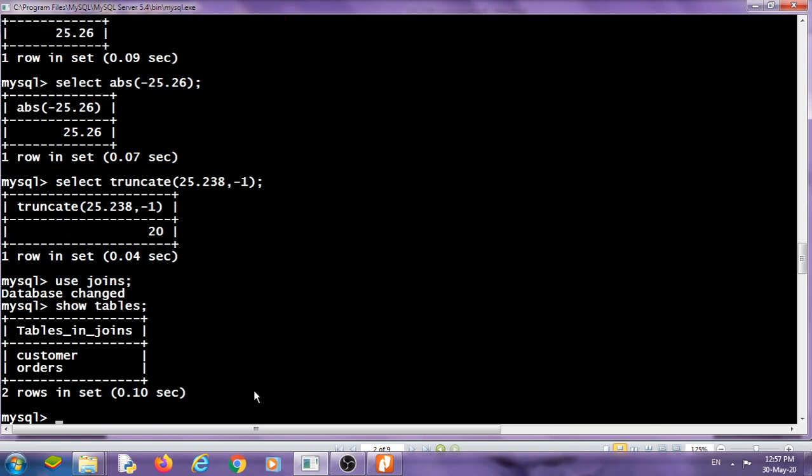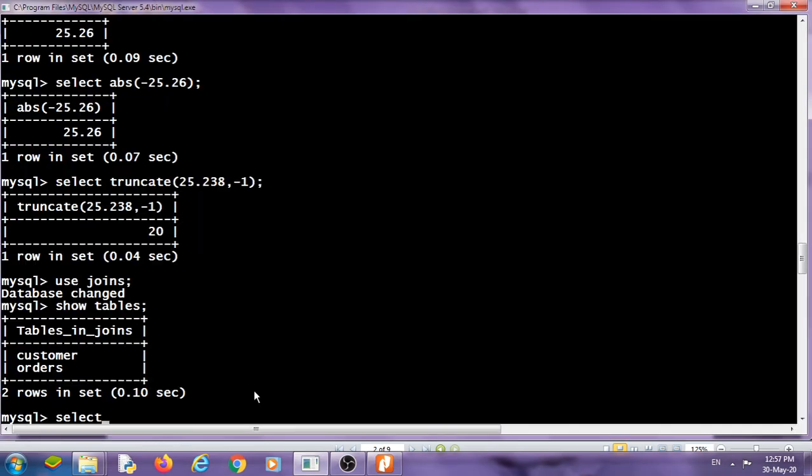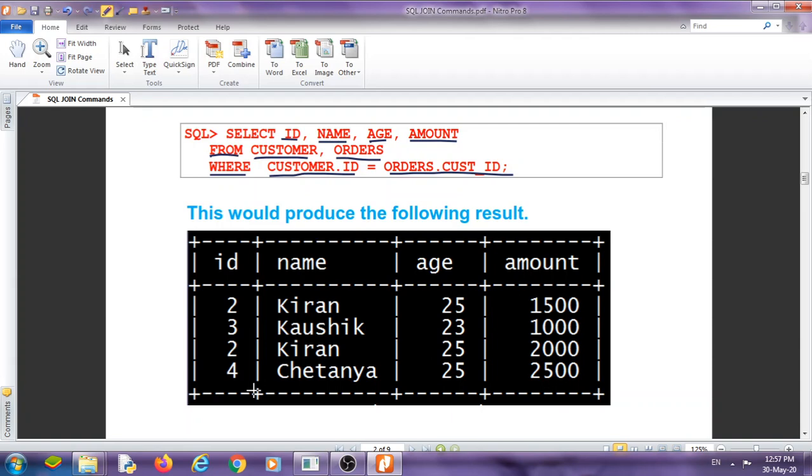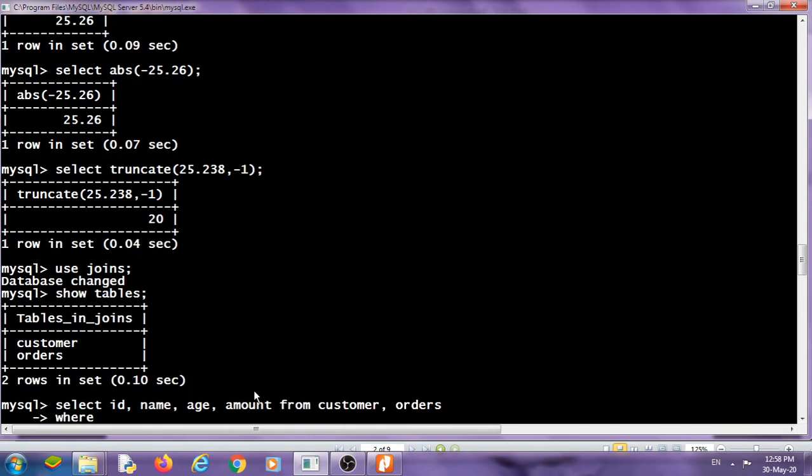There are two tables, customer and orders, and we are using select id, name, age, amount from customer, orders where customer dot id equal to orders dot customer id.